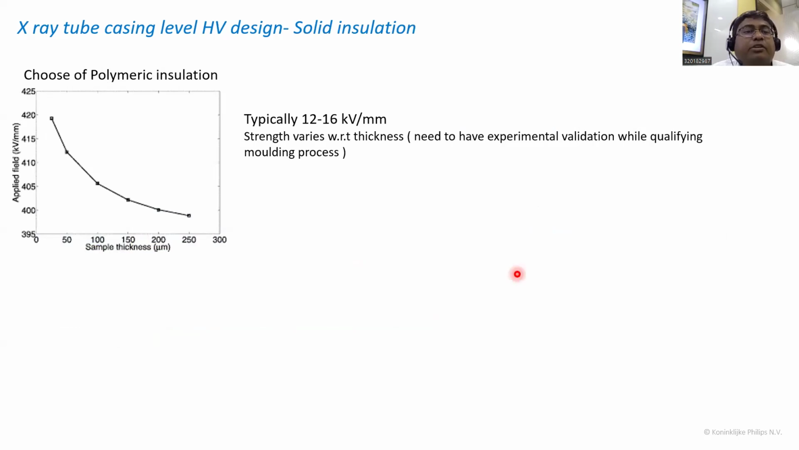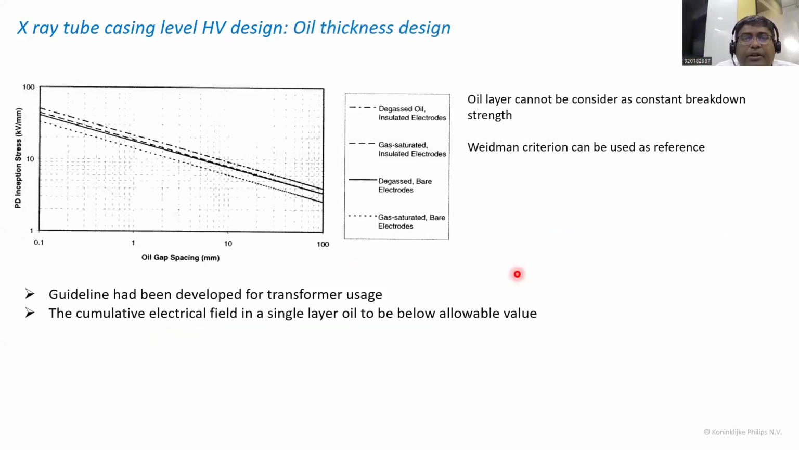Yeah, so we talk about that polymeric insulation, a thermoplastic insulation being used, typically at 12 to 16 kilovolt, an experimentally obtained value, not a theoretical value. For oil strength determination, the same guideline normally used in the transformer industry, the Weidman curve guideline, is used, which gives us good confidence that it will work even if the oil quality goes a little bit bad during its